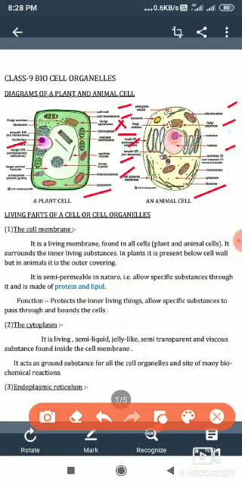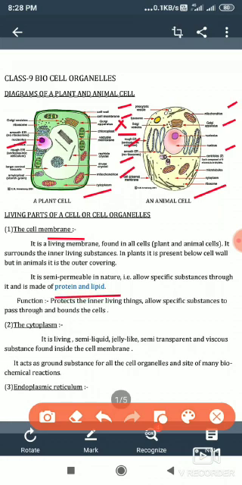First thing we pick up is the cell membrane. Cell membrane is a living membrane. Unlike the cell wall, it is a living one, and it does not have a definite shape, and therefore sometimes it is changing. In a plant cell, it is present below the cell wall, whereas in an animal cell, it is the outermost covering. It's a living membrane made up of protein and lipid.